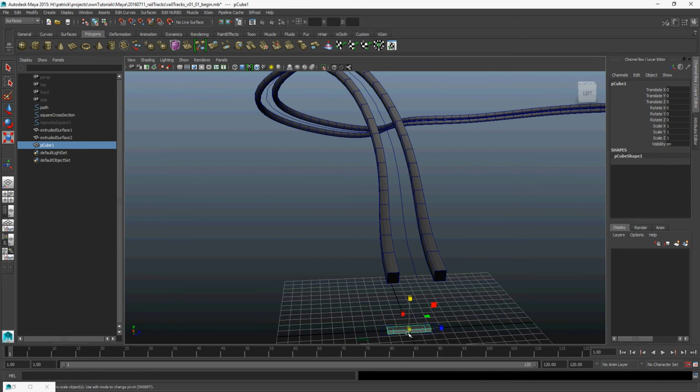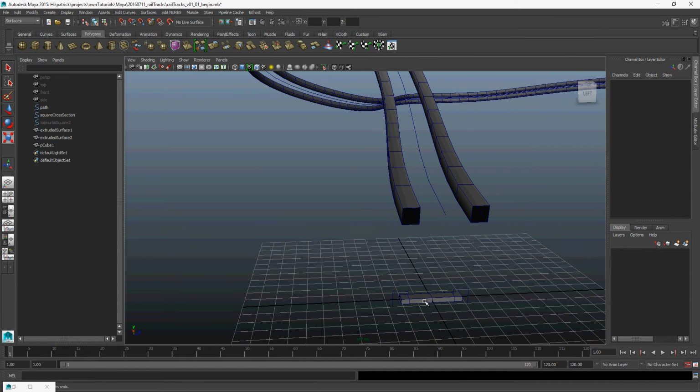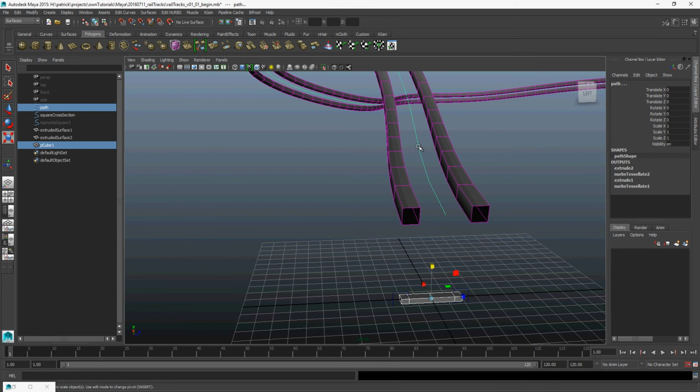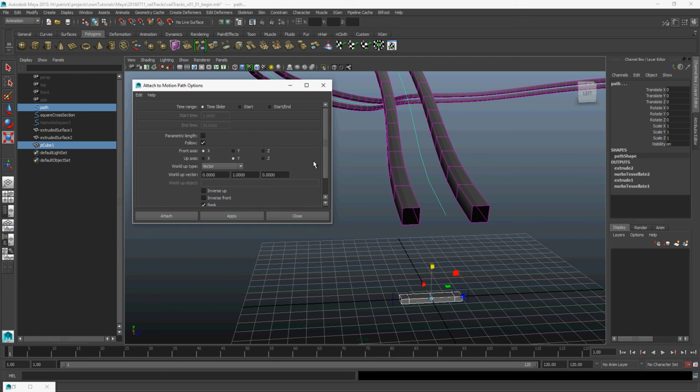I'm going to select this object that's going to be brought along, and then shift select my curve. Then I'm going to go into animation, animate, motion paths, and attach to motion path. If I go into options,